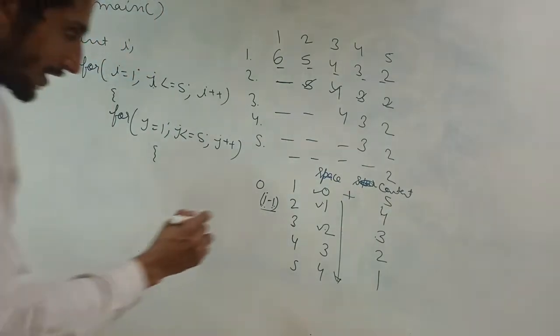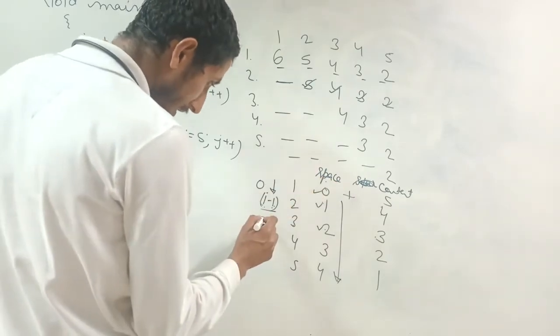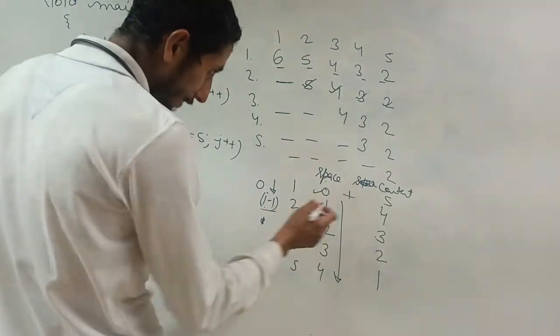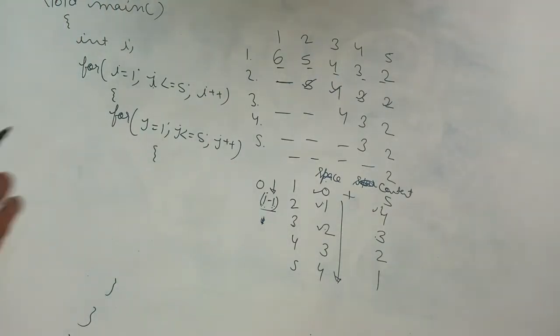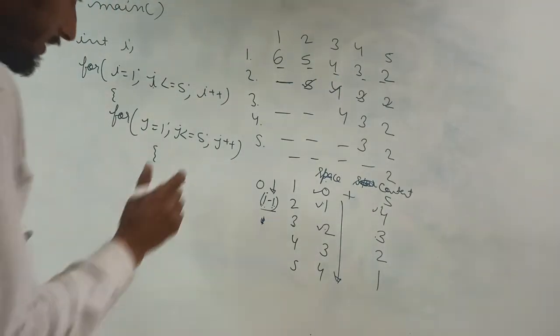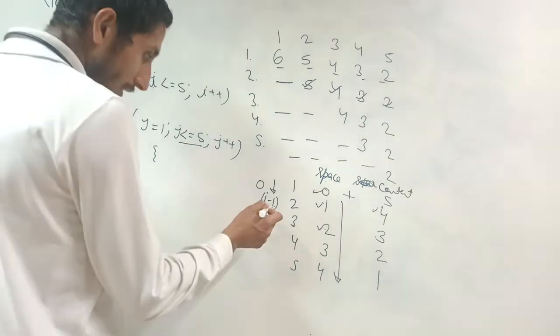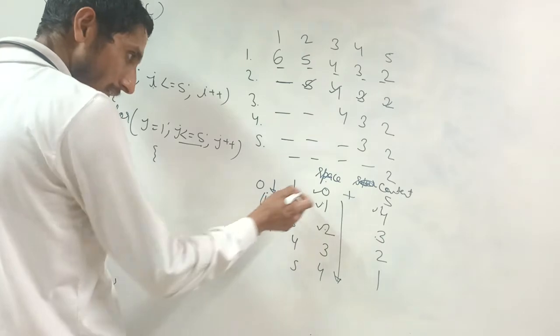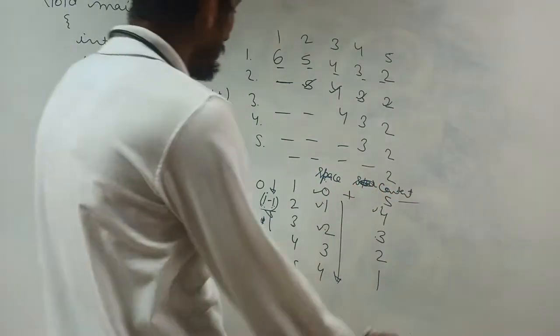Among the 5 times, I minus 1 times I have to print space, and for the remaining I have to print star or content, not star, content. Are you following this one? Please pay attention. The loop will iterate 5 times, but among the 5 times, I minus 1 times I have to print space, and the remaining times I have to print content. Okay. So let me print